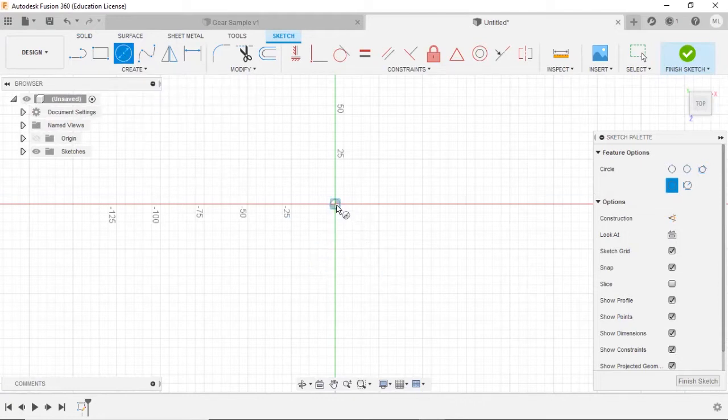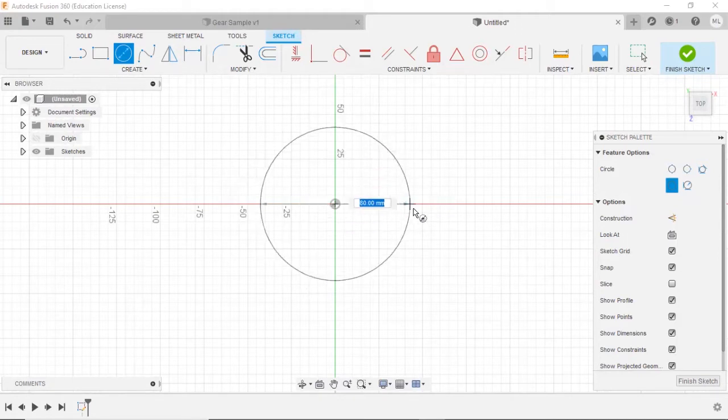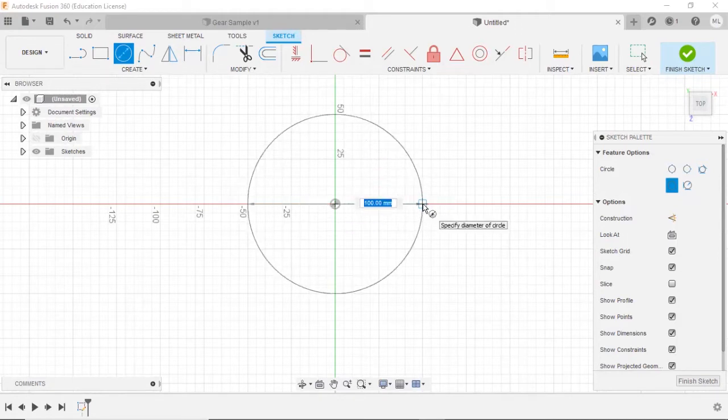Okay, so we click onto the center part and then let's just have 100 mm and press enter. Okay, then if you want to go now with that one, you press escape. Okay, 100. So you have there now a circle,